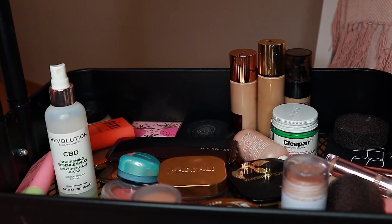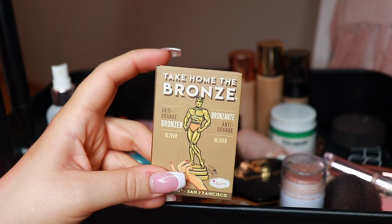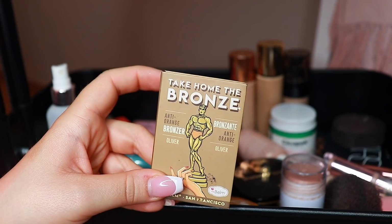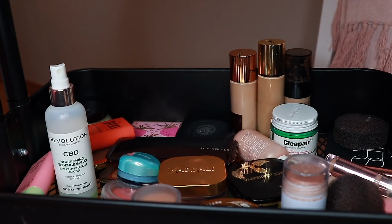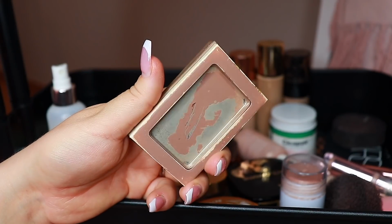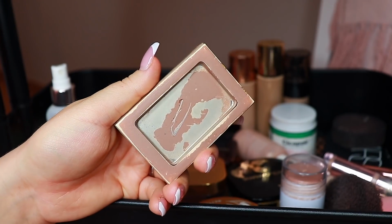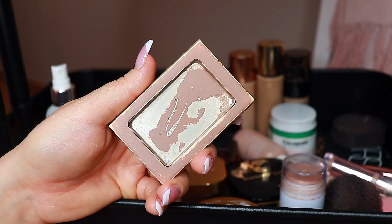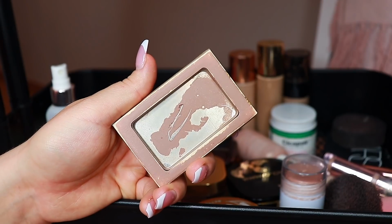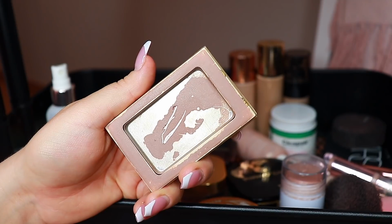And then my last makeup empty is not my Milk Makeup bronzer, no, but it is this one. This is the Take Home the Bronze bronzer in the shade Oliver from The Balm. I finished this one and I am so excited, I'm so thrilled. I love this bronzer so much. This is my second one and I definitely recommend it if you don't want to look like an Oompa Loompa. It doesn't have a smidge of orange in it and the formula is